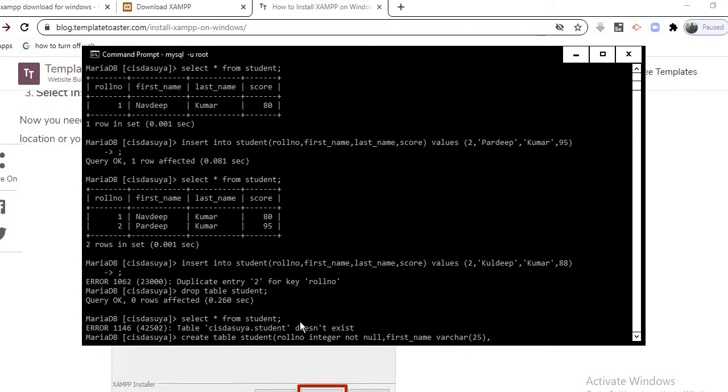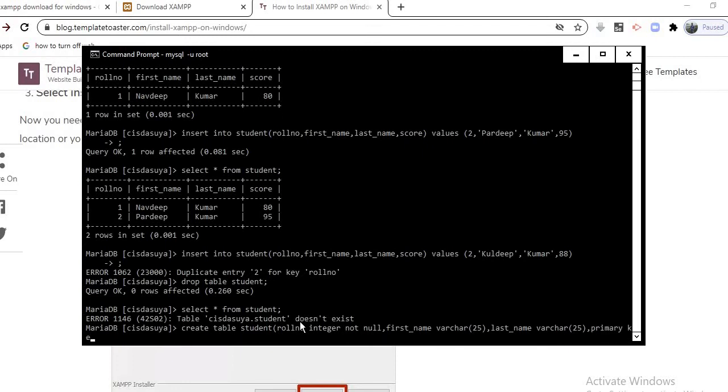Let's say we keep the first name only, and we keep another, last name, varchar 25, and we want to make roll number the primary key.